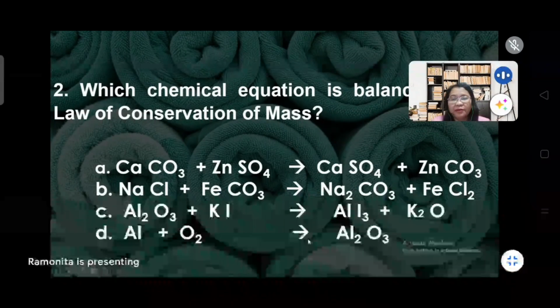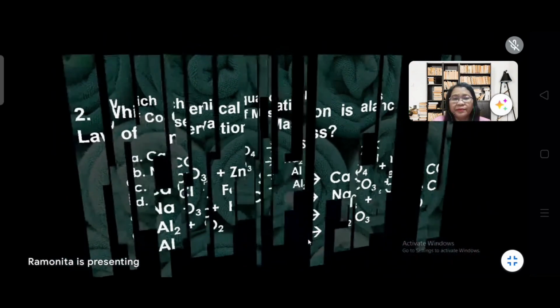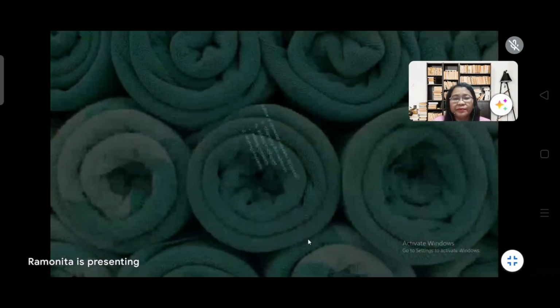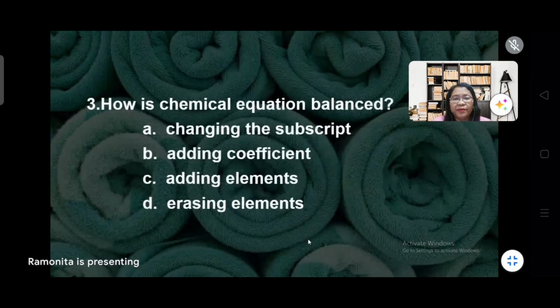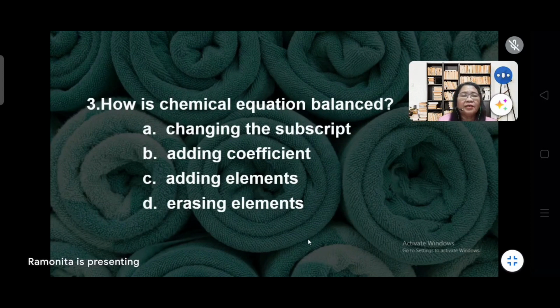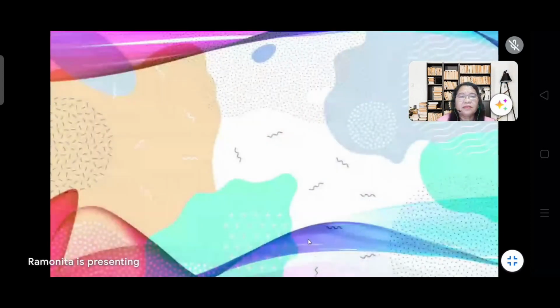Okay, next. How is chemical equation balanced? A. Changing the subscript. B. Adding coefficient. C. Adding elements. D. Erasing the elements. Okay? Next,